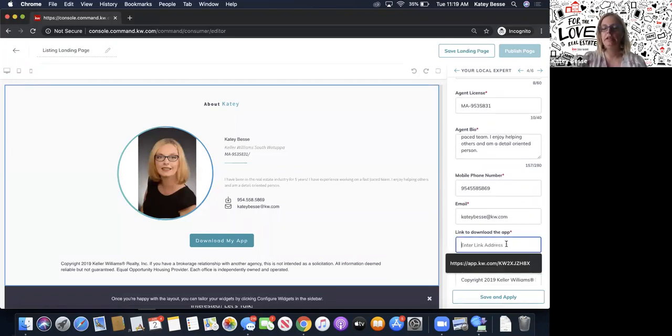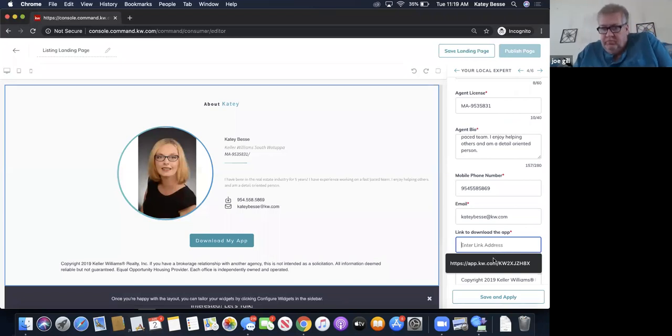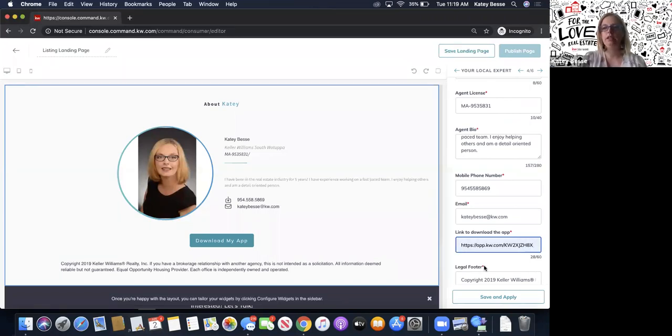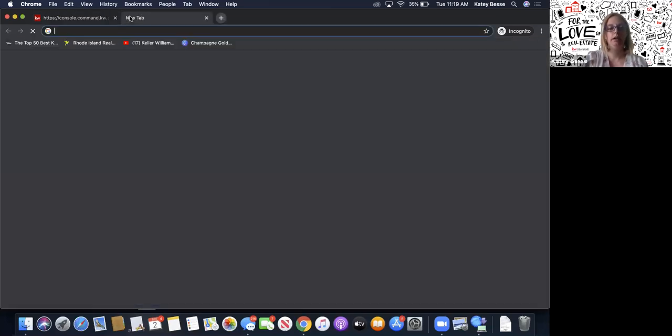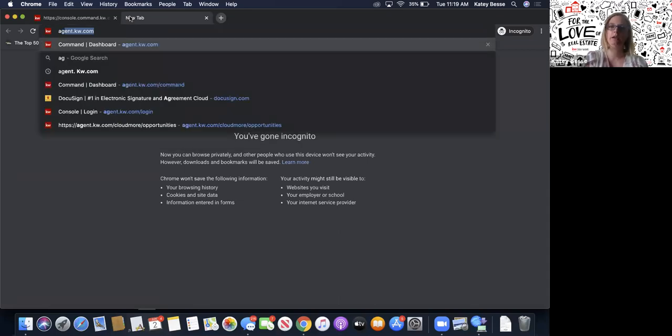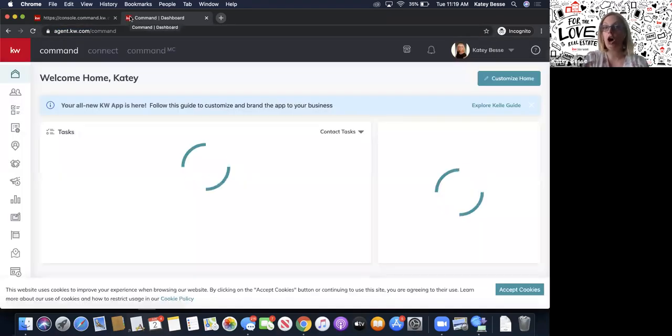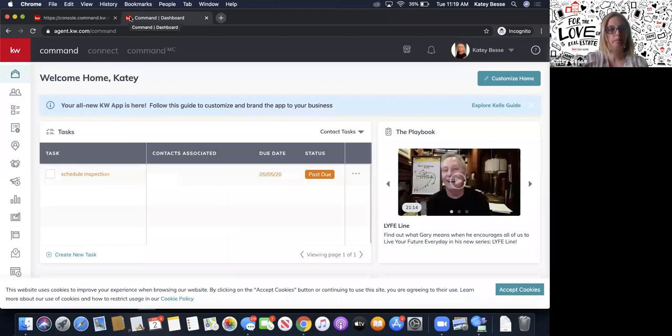And to get your link to your website, mine actually populates automatically, but I'm going to show you how to do that right now. So I went through all these steps and I'm good to go. I'm just going to open up another tab at the top and I'm going to go into Command again. It'll automatically log you in because you're already logged in. I'm going to go to the top again,